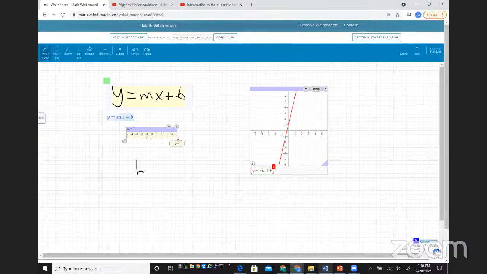B is the y-intercept. I'm going to create a slider for B. The way you create a slider in Math Whiteboard is when you have an assignment on the page like this, B equals 1, or a variable equal to a number, just draw a straight line down from the equal sign like that, and you can get a slider. And now the slider is a dynamic control that interactively changes the value assigned to the parameter, in this